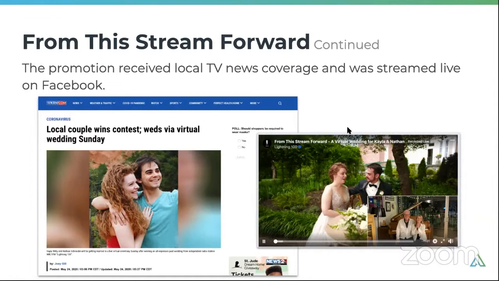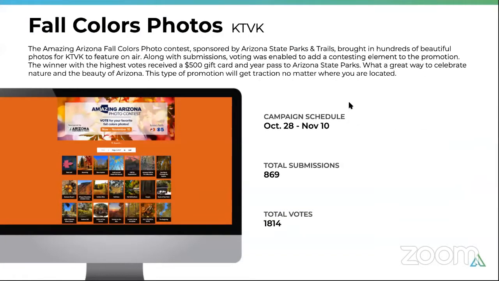Again, we saw this morning, and I had to throw it in the tips and tricks. Another one came to us last year. This was a fall colors photo contest, and I know that we're barely halfway through spring here, but it is time to start thinking about future promotions. So I wanted to throw this fall colors photo contest by KTVK down in Arizona. The prize was a $500 gift card to the Arizona, and a year pass to Arizona state parks,